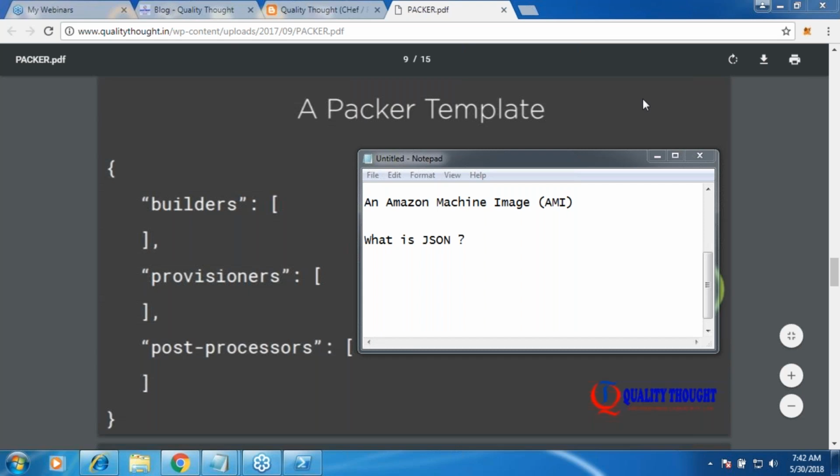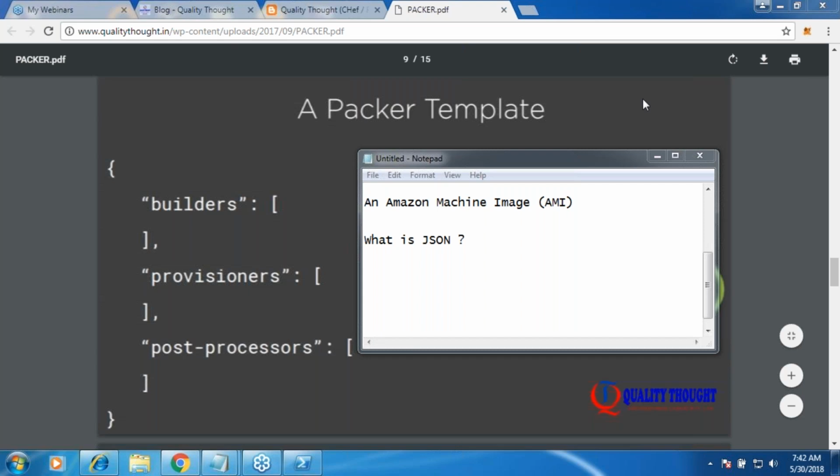So what do I mean by that? Any data which you want to represent to a program or to another person, you should be able to represent it in JSON format. And by the way, JSON is a format which is derived from JavaScript. That's why it is called JavaScript Object Notation. The name tells you everything. If you have used JavaScript, to represent an object you use some structure. Exactly that structure is what they brought into a file and they call it JSON.